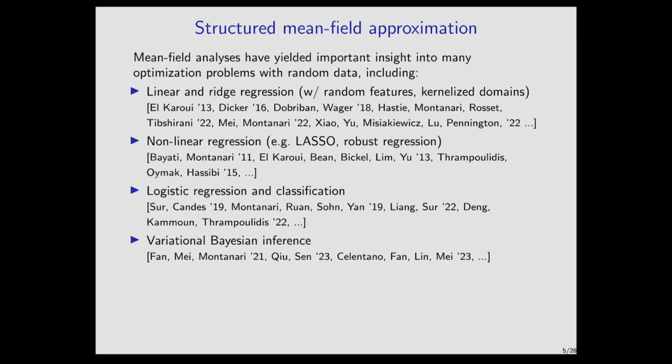In this first class of problems, you can typically analyze using asymptotic random matrix theory tools. There's also been developments around nonlinear regression problems like lasso regression or robust regression, around logistic regression and classification, around variational inference. These latter problems, because they're a little bit less linear, tend to use techniques that are a little bit more than just pure random matrix theory. They involve things like approximate message passing algorithms or Gaussian comparison inequalities or cavity method kinds of ideas. But on some level, they're also related to the techniques that we use in random matrix theory.